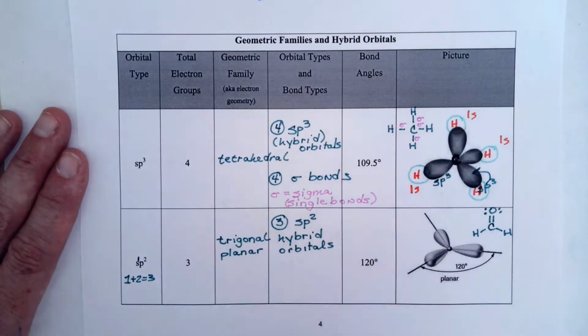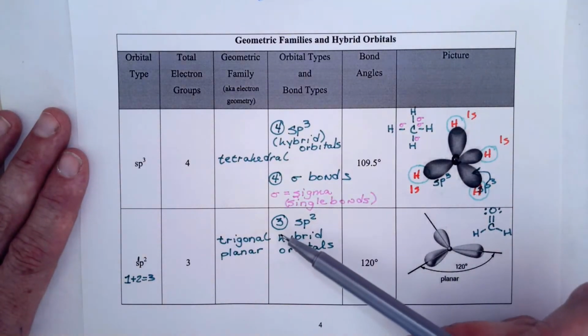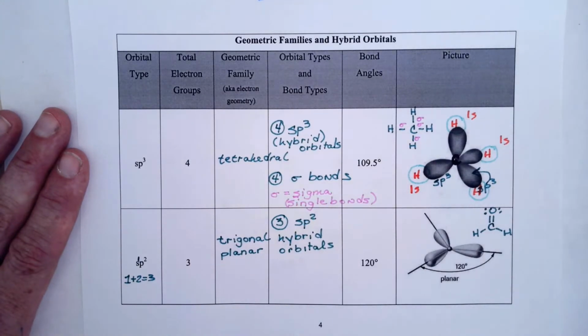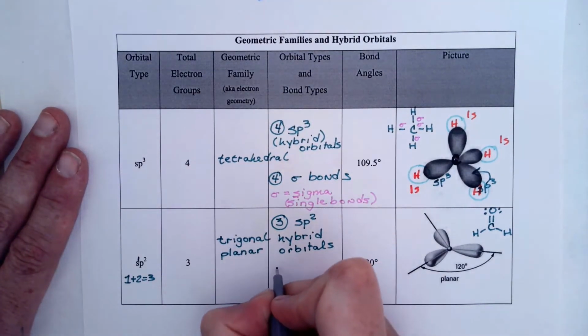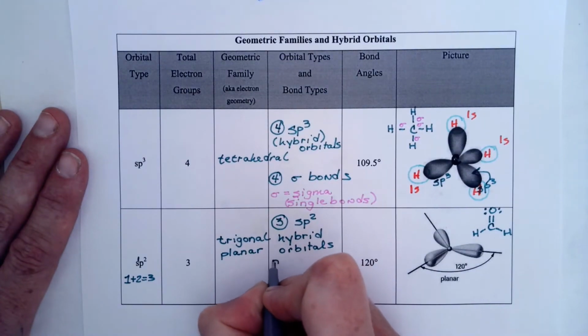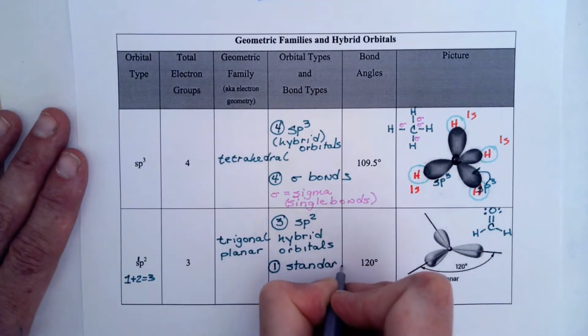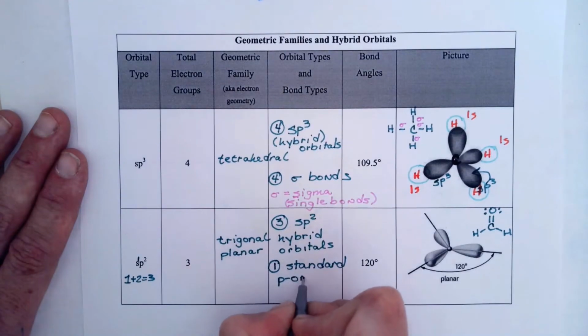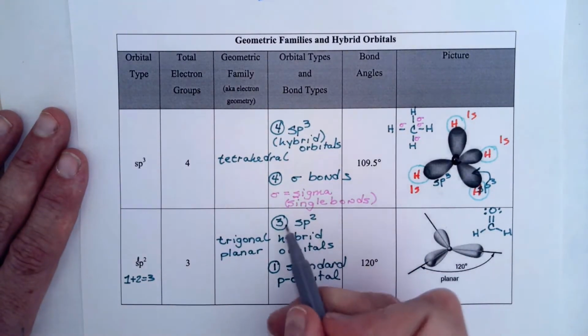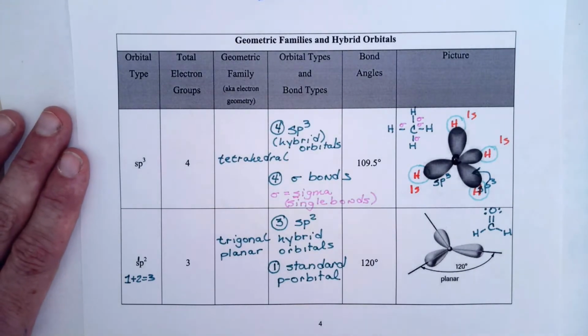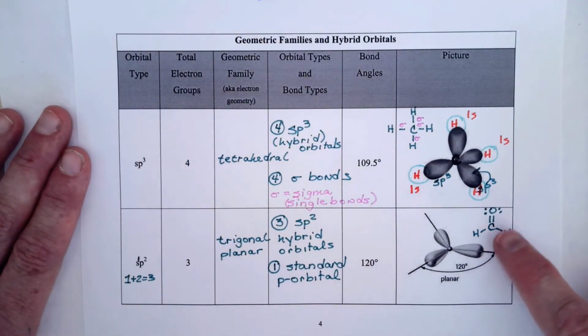That's a little bit concerning because we still have 4 bonds. We still have 8 electrons. If we just have 3 orbitals, we're only talking about 6 electrons. So in the example of sp squared, we also have unhybridized orbitals. So we have 1 standard p orbital involved. 3 plus 1, now that's going to get us to the 4 orbitals altogether that we need to explain how